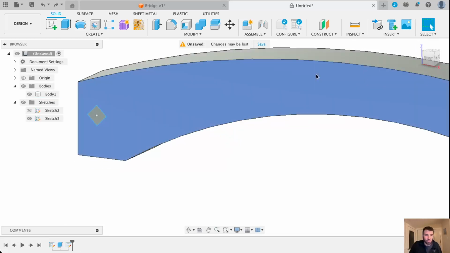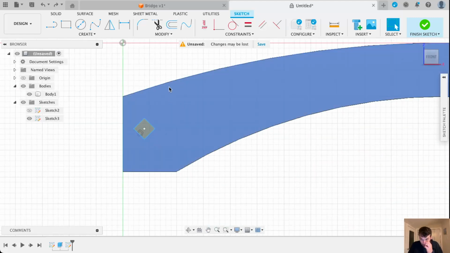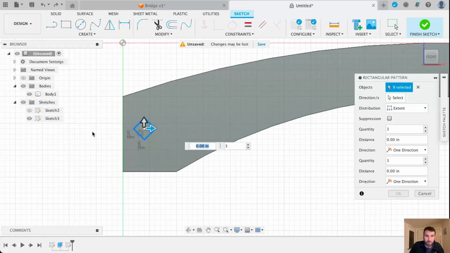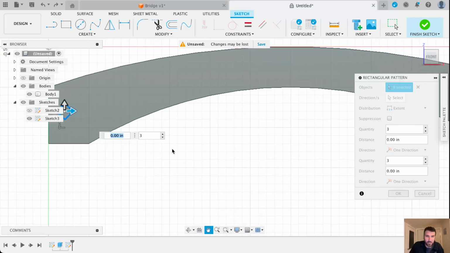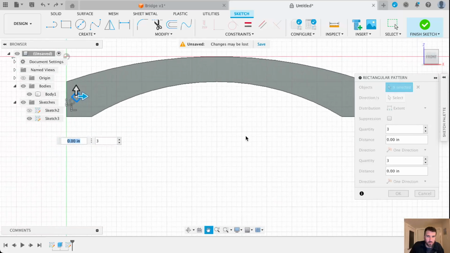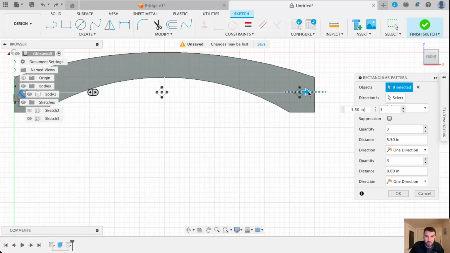I'm going to push Control D to go backwards. I'm back into that sketch of that square. Now what I'm going to do is drag over it, so I'm highlighting it. And now I'm going to create a rectangular pattern. It's a great way to create these really interesting patterns. And what this allows you to do, when you have this, is pull it out to the side, for example. And now I'm creating this